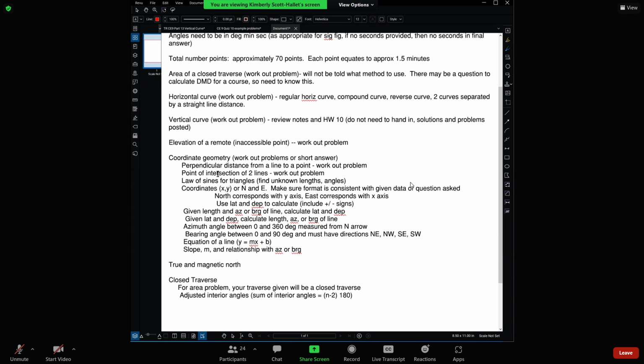So if that is not correct, I need to adjust those angles. So the large